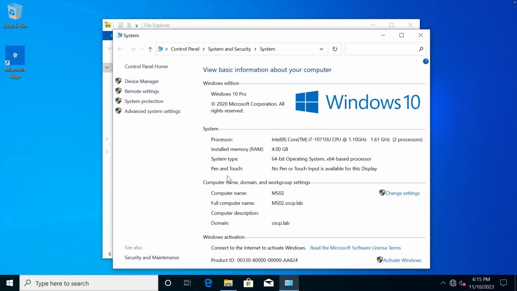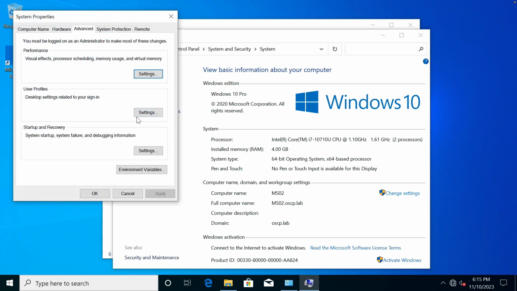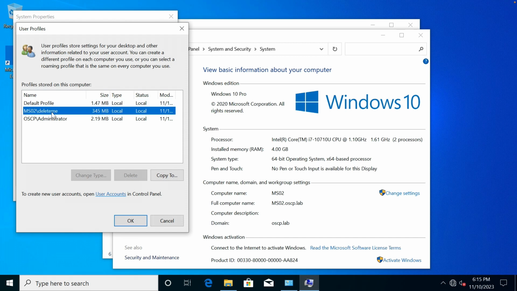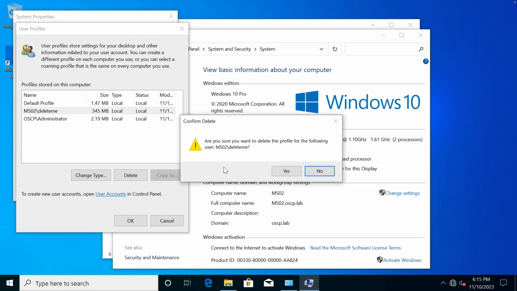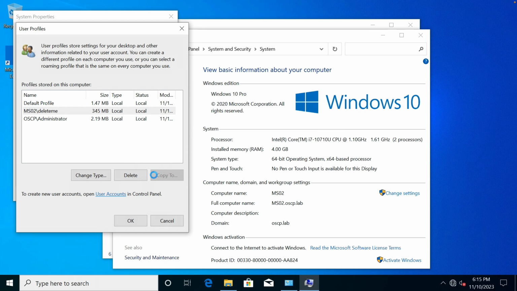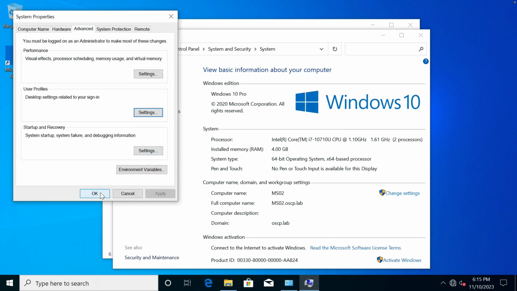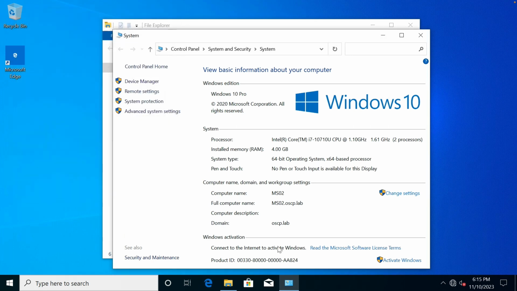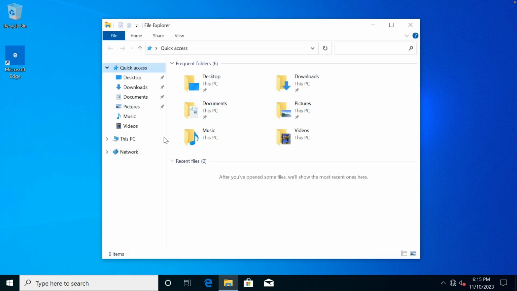Let's go to properties and advanced system settings, and here we have the user profiles. So these are the cached profiles on here. You notice delete me's here taking up 345 megabytes. Let's delete that. And hit OK, and hit OK, and then we can go ahead and close this, and now we can delete